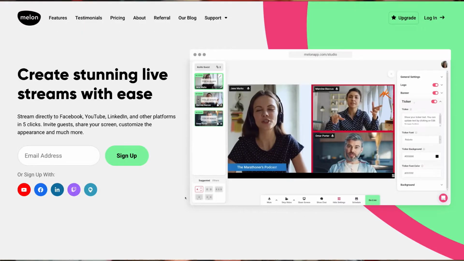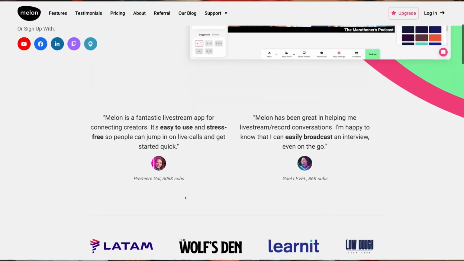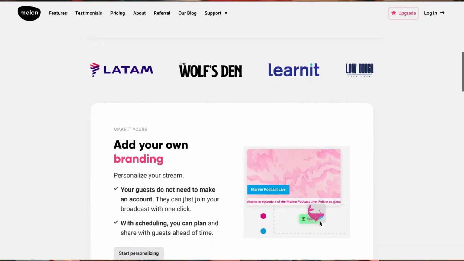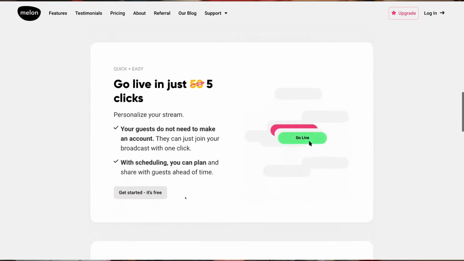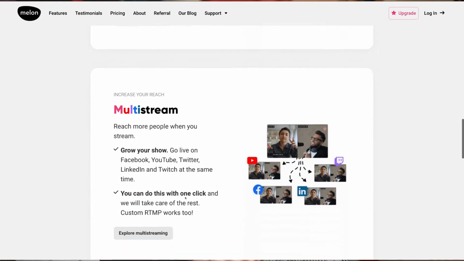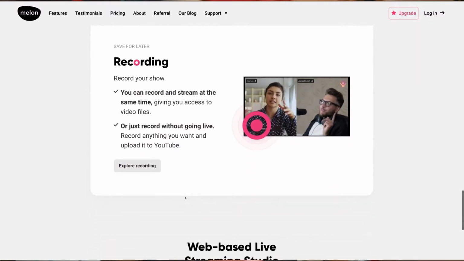And I want to show you Melon, which is the streaming service I've been using for a couple of months now. It's convenient, it's easy to navigate, it's not overly complicated inside the program. And the best part is that you can try it out for free without a trial run. There's a free account available so you can see if it's right for your business, but also to see if it's something that is going to help you.